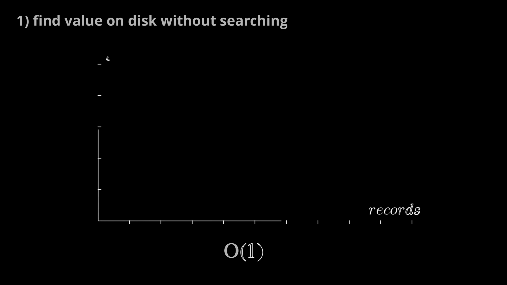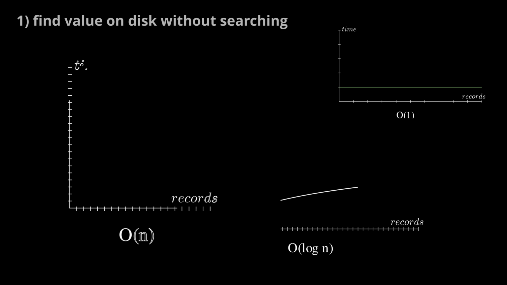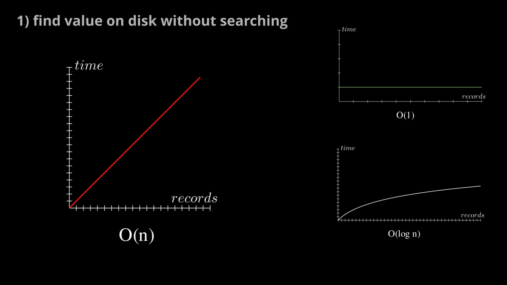So let's build a list of things we would like to support with our index. Probably the first one everyone's going to think about is that we want to have the ability to quickly find a value on disk for a given key. The faster, the better. Constant time is best, log time is second best, and linear time, commonly denoted as O of n,